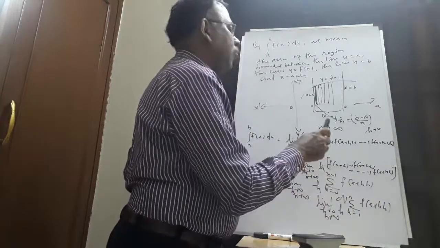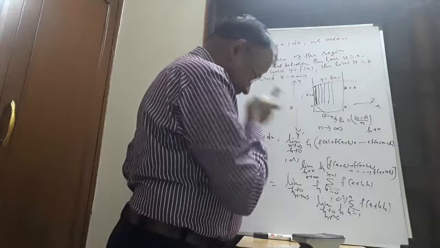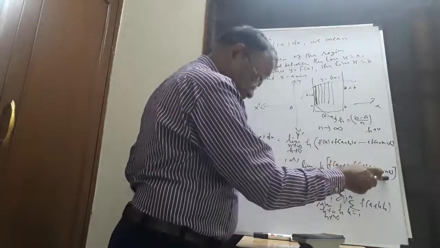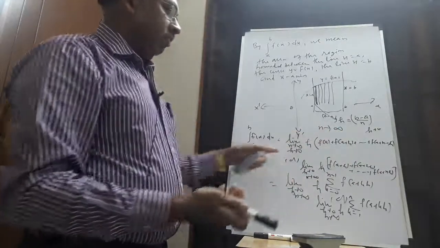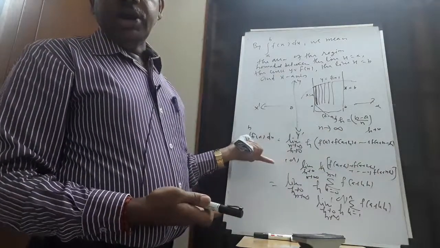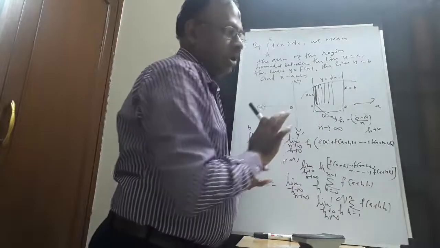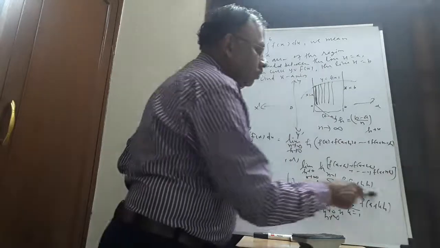That is the meaning. You may wonder, how is it possible for them to be equal? Here I choose only 0 to n minus 1, here I choose only from 1 to n. Anyway, n is tending to infinity. Whenever n is tending to infinity, n minus 1 is also tending to infinity. Therefore, both the values are the same, and therefore it is always suitable for you to choose the second one,